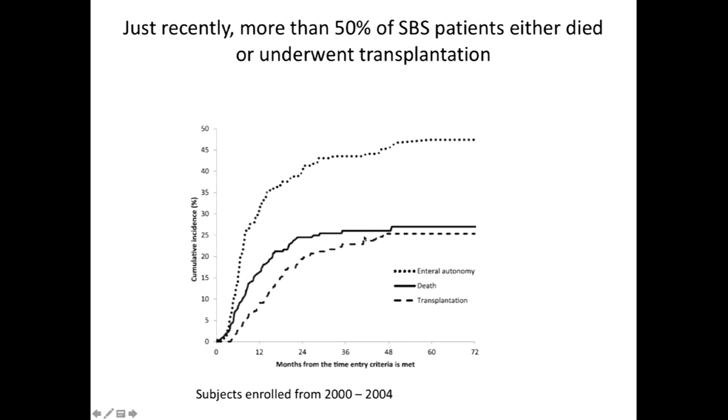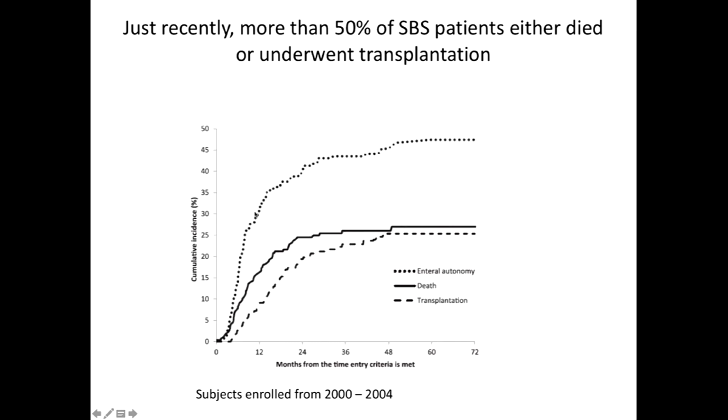Along with Dr. Steeman's point that mortality is really an issue in many patients with chronic intestinal or malabsorptive problems, it's important for us to realize that until relatively recently, more than half of patients with short bowel syndrome either died or underwent multivisceral transplantation. This is a case series of nearly 300 children with intestinal failure who were enrolled in the first few years of this century. And you can see that the mortality rate after 5 years of follow-up was already at 25%, and that competed with the outcome of intestinal or multivisceral transplantation.